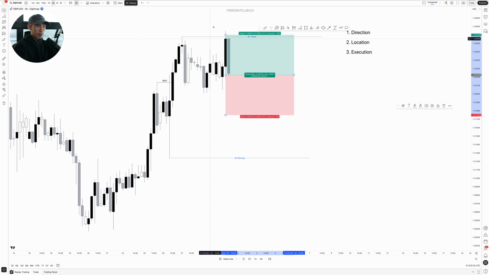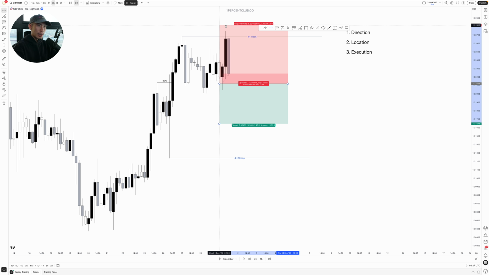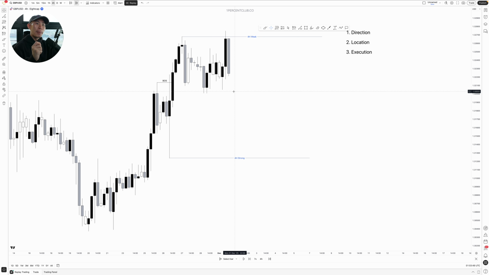So if I try to enter for a sell right here, I would have to place my stop loss above this high right here and place my take profit right here at this swing low. And you can see this is not an intelligent risk to reward decision, right? Because this is you risking $10 to make back $10, which is quite simply not worth it, because we always want to make sure that we get the best entries possible so that we can minimize our downside and maximize our upside. And the only way you can do that is by trading at the best location, by trading at the best price. So you pretty much can establish your location by identifying your point of interest.